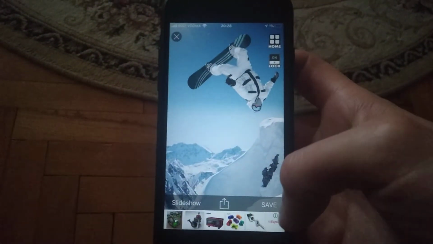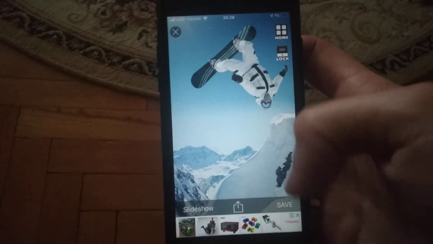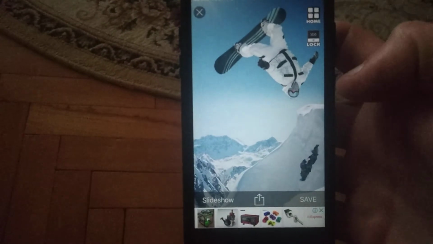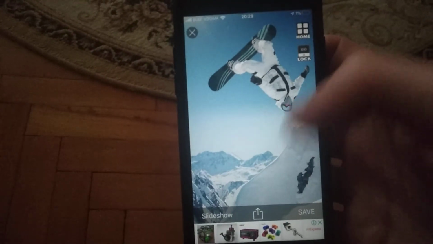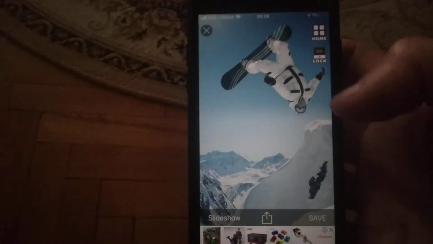also you can save it to your photo library, and just from the photo library you can also use it as your image for background on lock screen or home screen. So this is how it